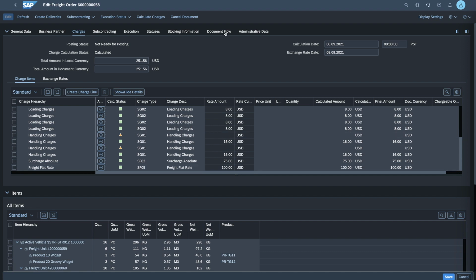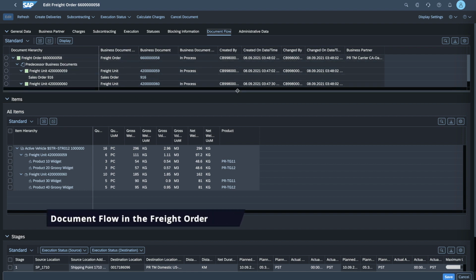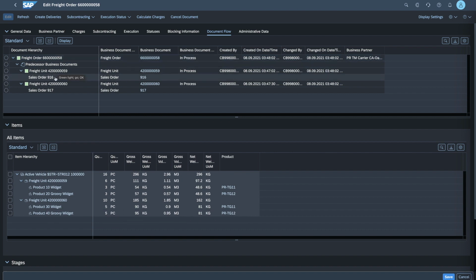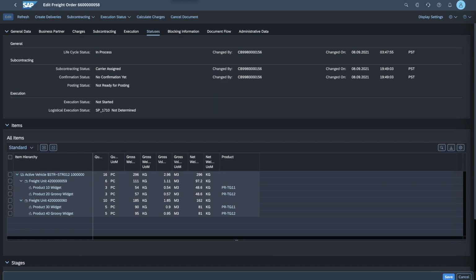And then lastly, before we go, we'll go off to the document flow. And again, here we have the complete visibility. We can see that this freight order is assigned to these two sales orders which generated these two freight units. And we'll see that as the process unfolds, we'll get the delivery numbers also then being appended onto this particular document flow. All right, so that has kind of wrapped up some of the information that is of interest in